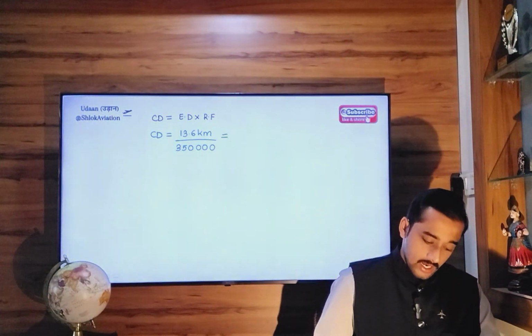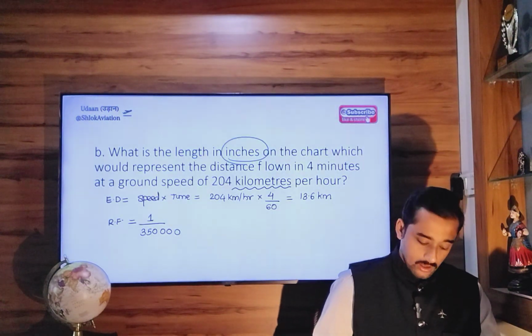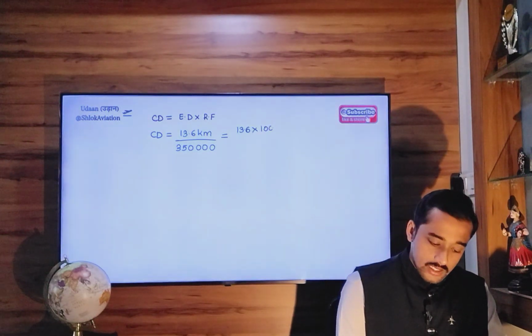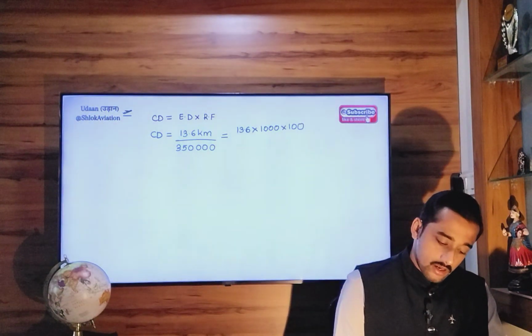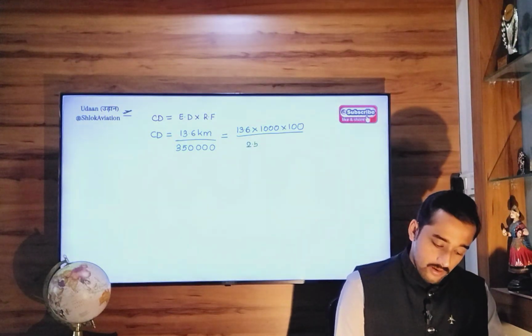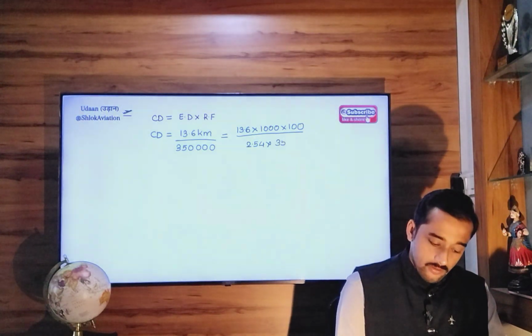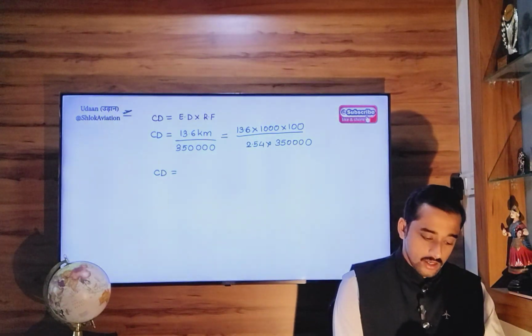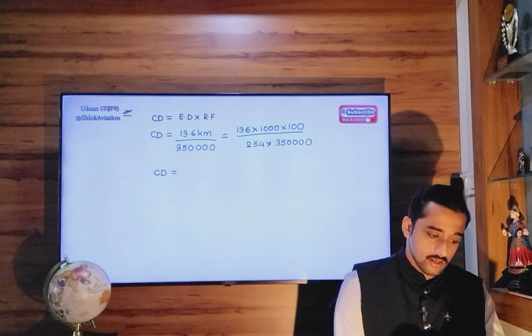Now we want the final answer to be in inches. So convert kilometer into inch. 13.6 into meters into centimeter, divide by 2.54 into 350,000. So chart distance is 13.6 into 1000 into 100,